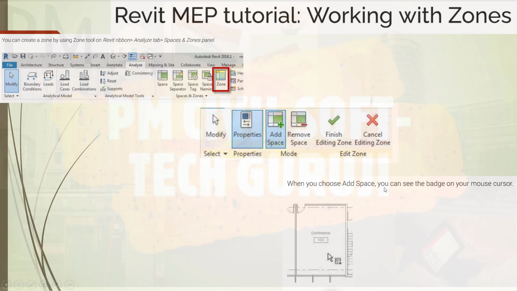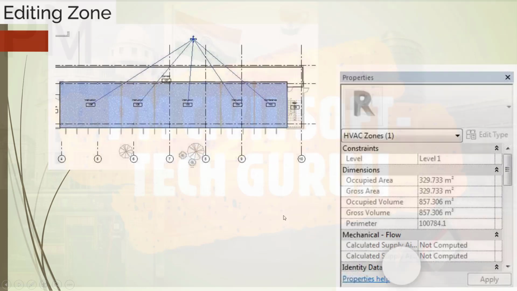Then, editing zones. See the figure. Zones have several properties that you can adjust to calculate the heating and cooling load accurately. Examine the properties and refer to the knowledge base for further detail. See the figure.